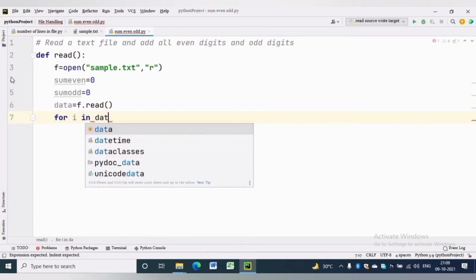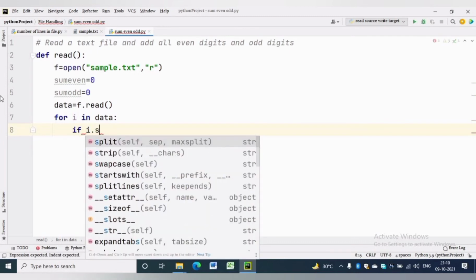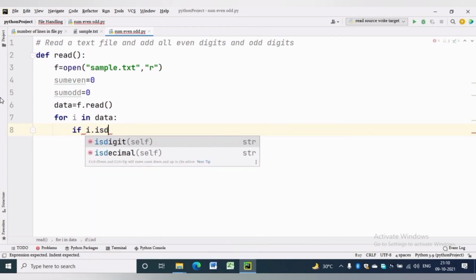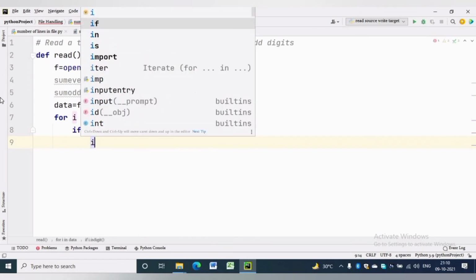In i, we will have a character. To check whether i is a digit or a character, we can use if i.isdigit. The isdigit function will check if the character is a digit or not.